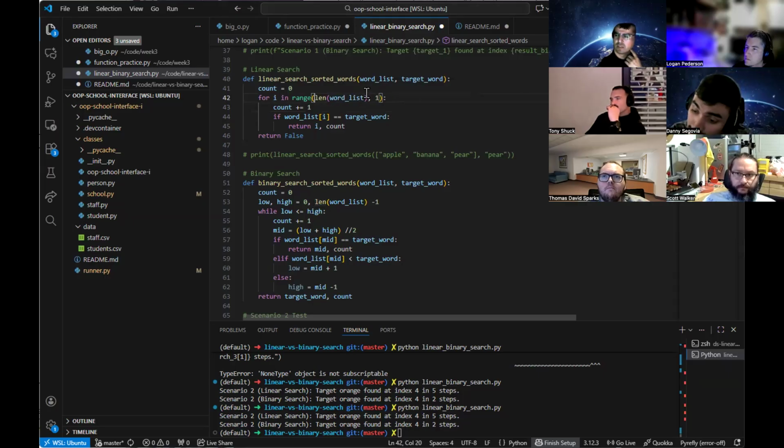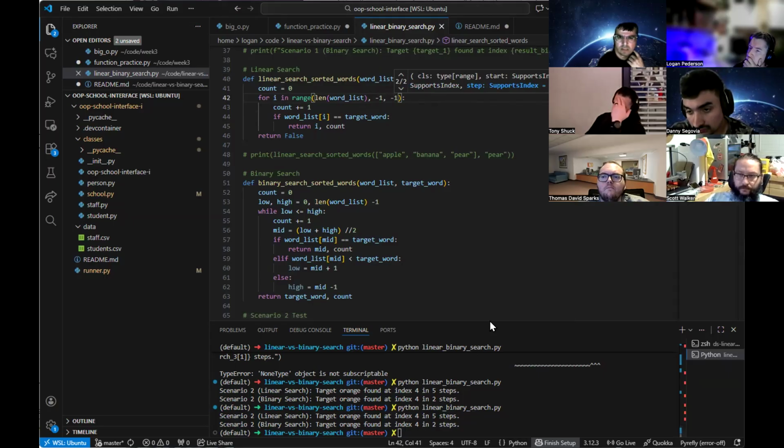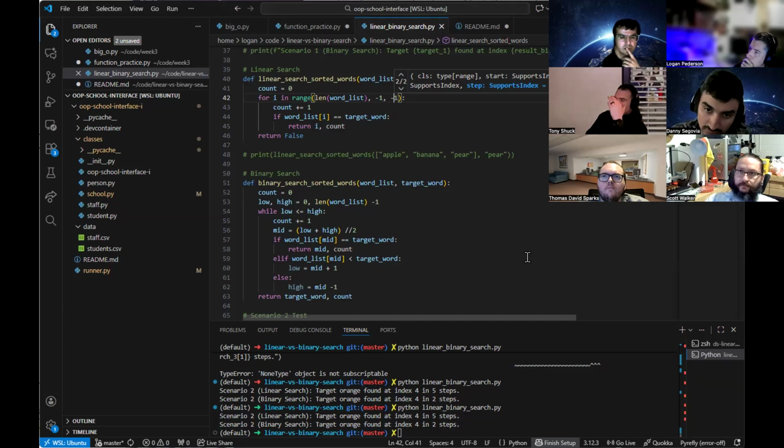Does anyone know why? Well, the -1 would be start, stop, because that's going to be your stop, the -1, and then your step is you're going -1. Yeah, but you're not really describing what they are. Why are they -1? -1's the end of the list. Why is it not 0? Positionally, 0 is at the beginning. No, look at its position. This is the stop. Why is it -1 and not 0?